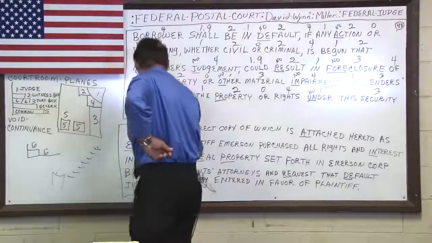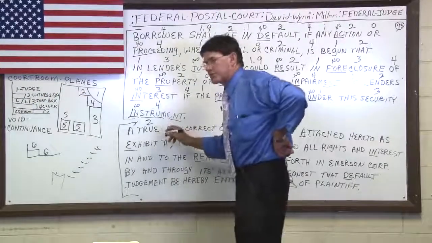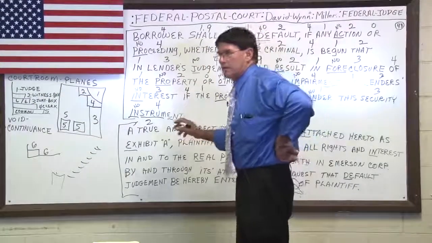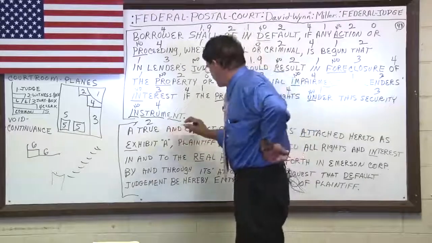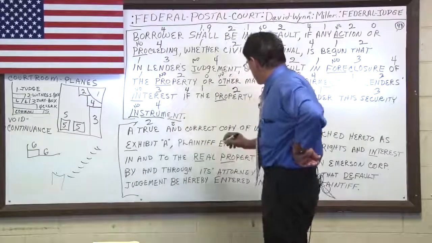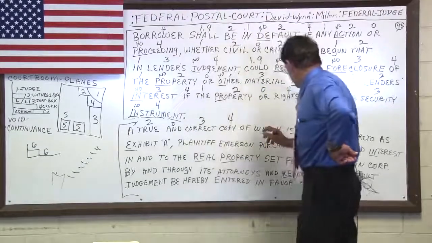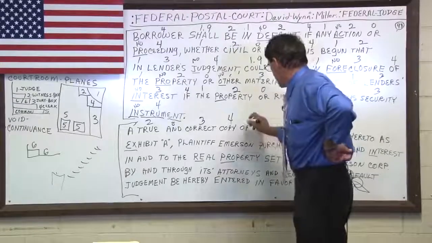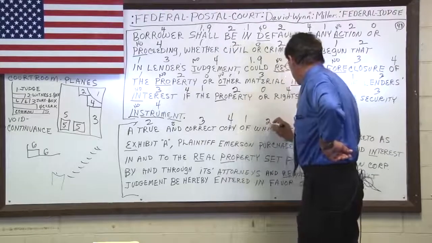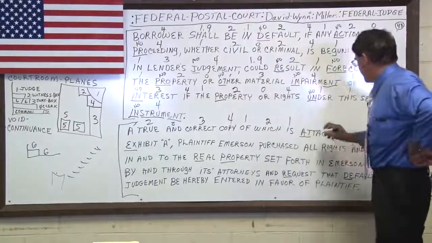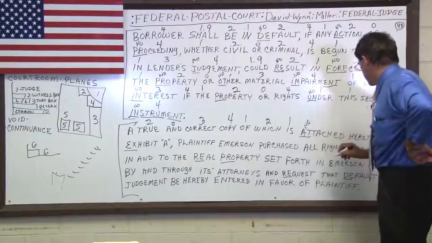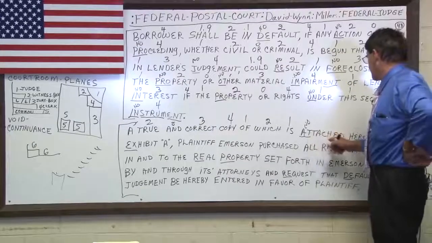A true, which now becomes a verb. Truth is not a verb. It's a condition of state. And is a conjunction. Correct copy becomes an adjective pronoun. Of is an adverb, making which to be a verb. Is an adverb, making attraction to be a no attached. Is a no contract